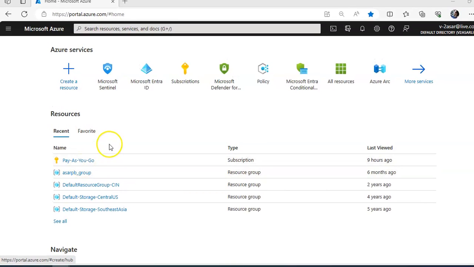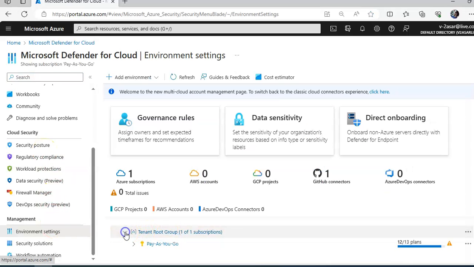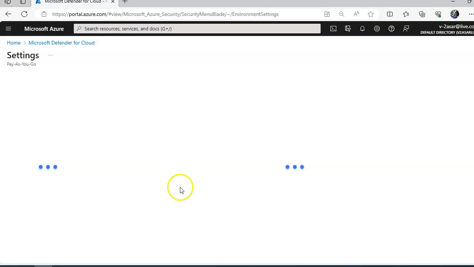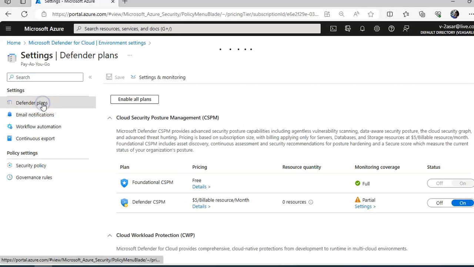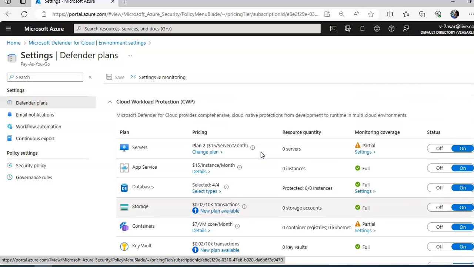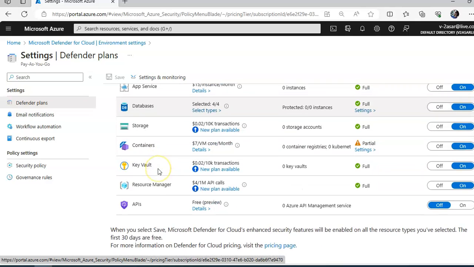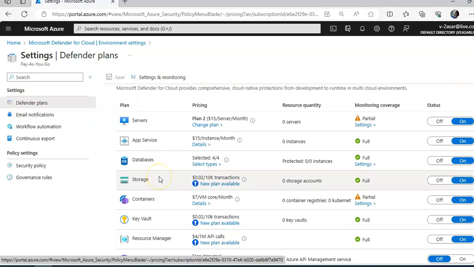Alright, I am logged on to the portal. I just go to my Defender for Cloud. And in the environment settings, you click on the tenant root group, you click on your subscription, you click on Defender plans. And here you can enable it for databases. Same way you can enable for containers, Key Vault, Resource Manager and all other services. In a nutshell,